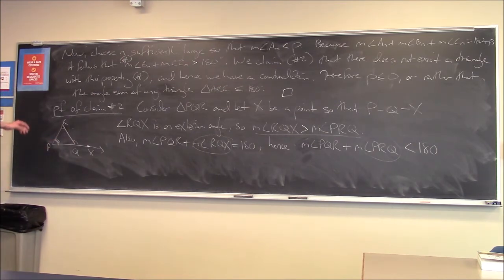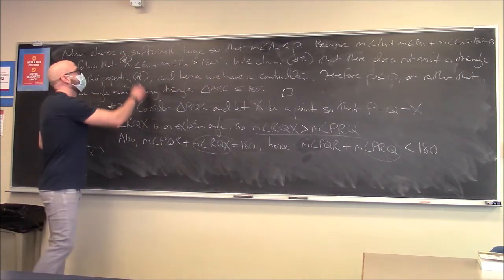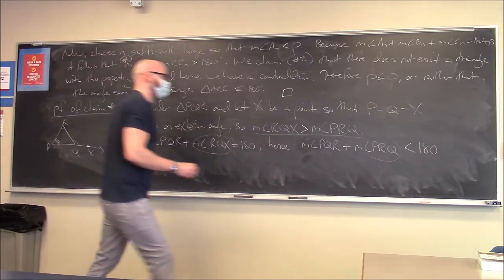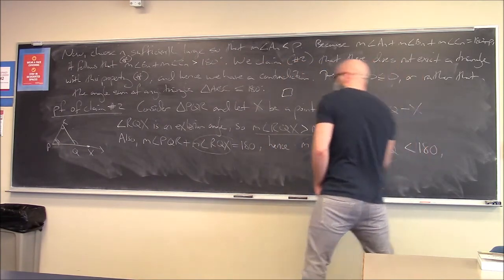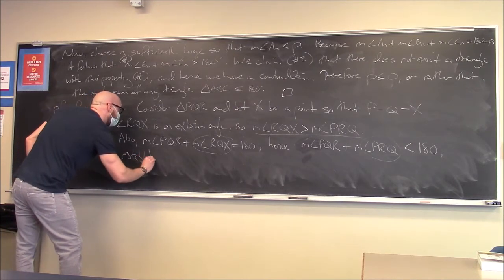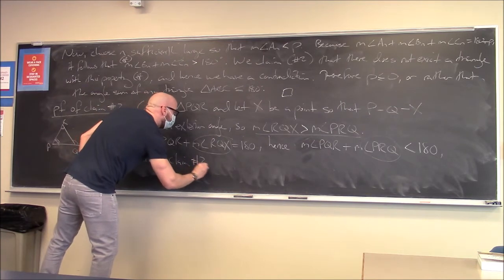So we showed that for any given triangle PQR, the sum of these two angles must be less than 180, right? Well, now you can do this for all pairs of angles. Take any of the three pairs that you want, and you can show they're always less than 180. So that establishes claim 2, that there doesn't exist a triangle with the property that just the sum of two angles is bigger than 180, right? Establishing claim number 2.